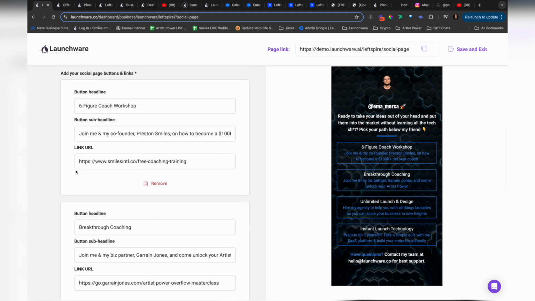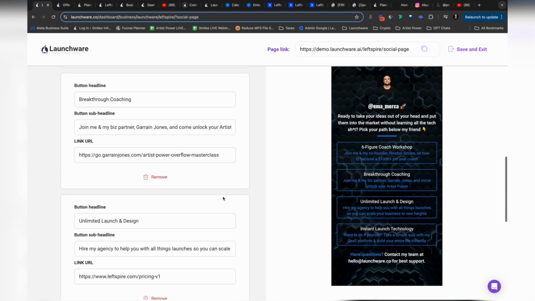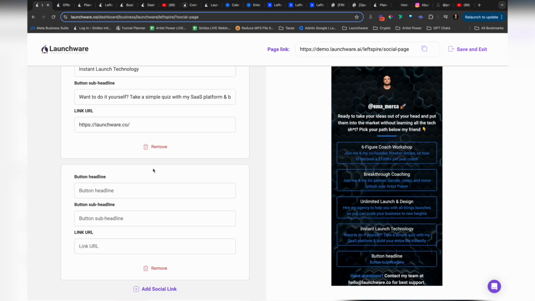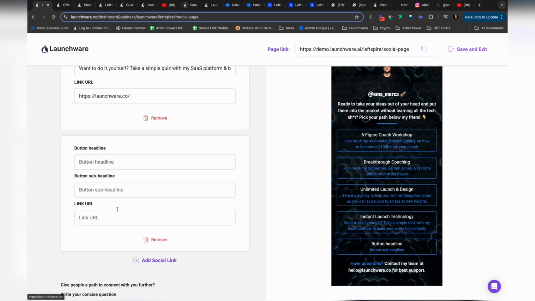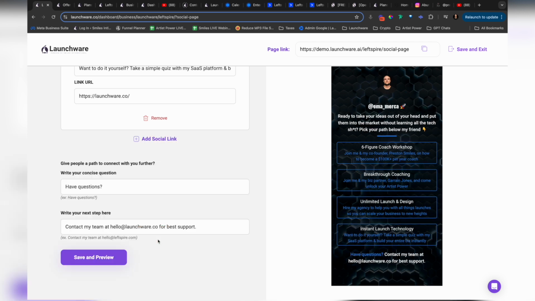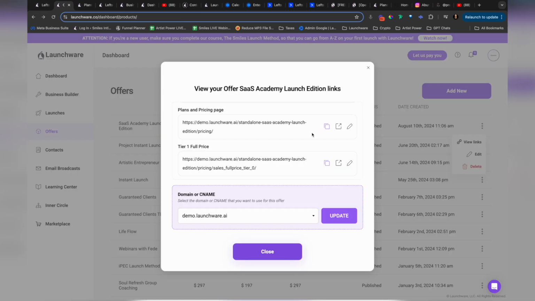And then it's where it gets fun: you come down here and you can add your social page button and your links. So as many as you want. If you come down here, you can see that we can say add another and it would just add more. We can write a headline, a subheadline. So headline is this, subheadline is this. And then where does that link to? So I'm going to remove this, but the beauty of that is you could take your standalone offer, grab whatever specific link,